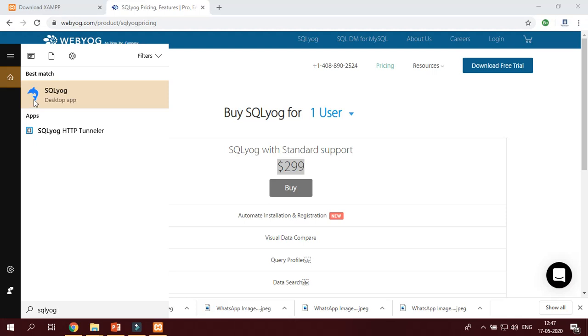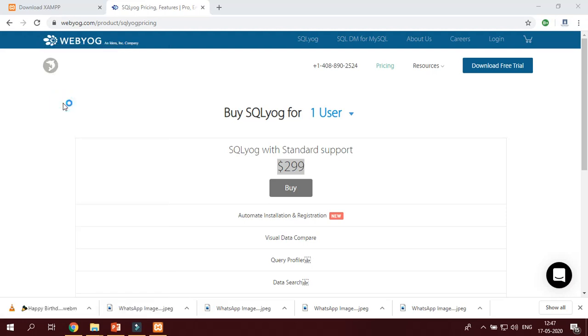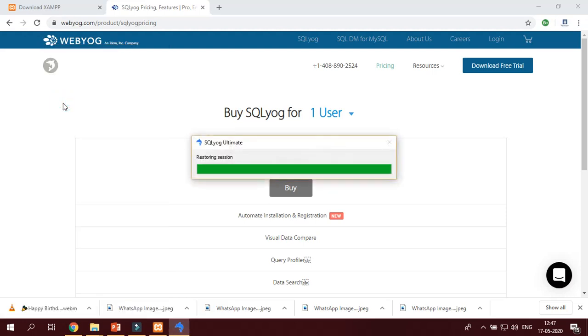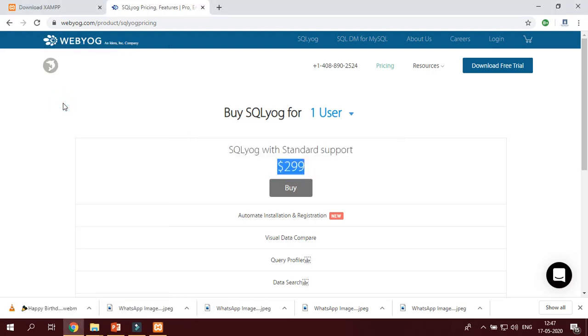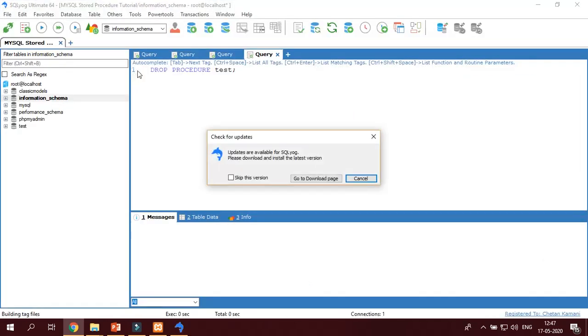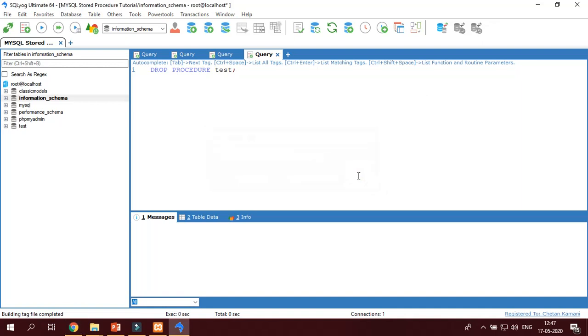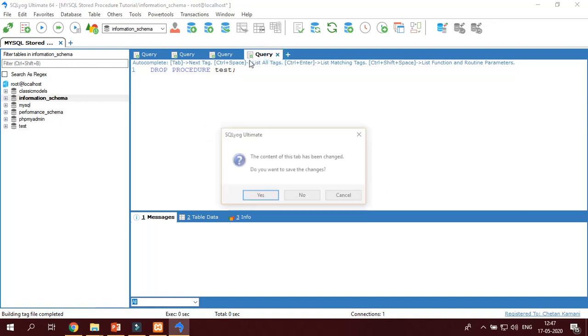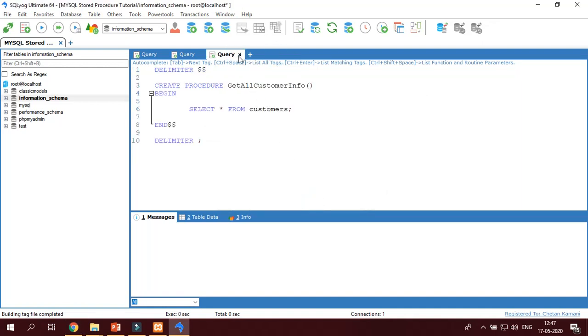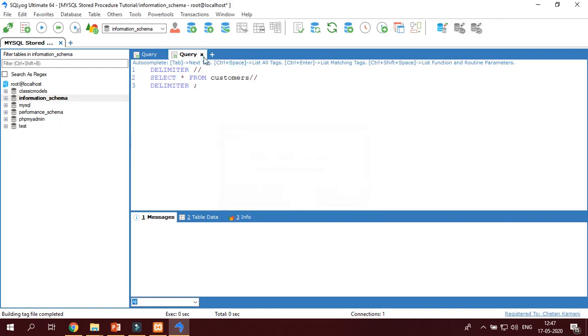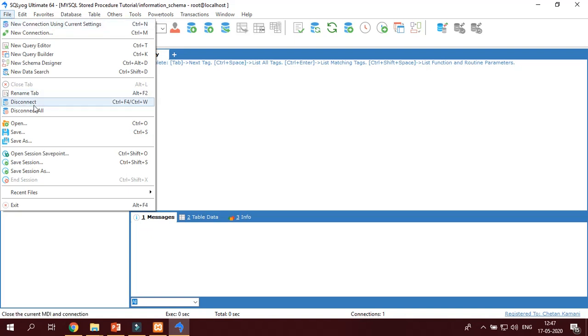This is the dolphin icon of the SQLyog application. Run. I have already made a connection with MySQL, so I am going to show you from the first step.